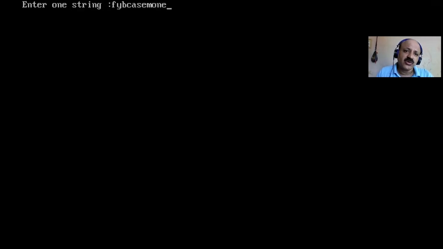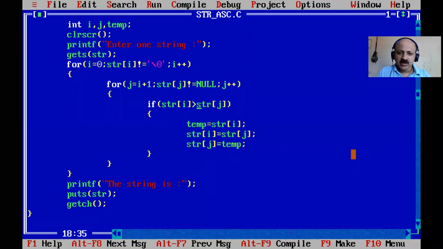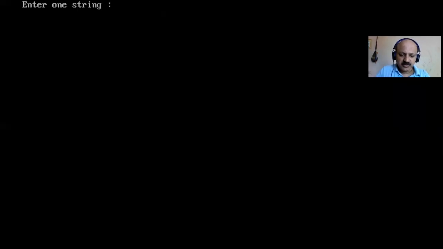So F5BCSAM1 is one word. If you provide a blank, let us check that also, but first I check this. So the output is A, B, C, E, F, M, N, O, S, Y, that is ascending order. And now you can change the condition, and let us run it again and first give F5BCA SAM1.